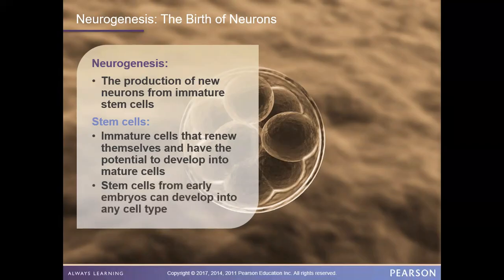The topic of stem cells has been controversial. The stem cells usually are from early developing embryos, and these stem cells can develop into any type of cell. But in order to get these stem cells, you have to utilize them from an embryo that is no longer viable. So it's very controversial. It gets into very controversial and very complicated moral questioning.